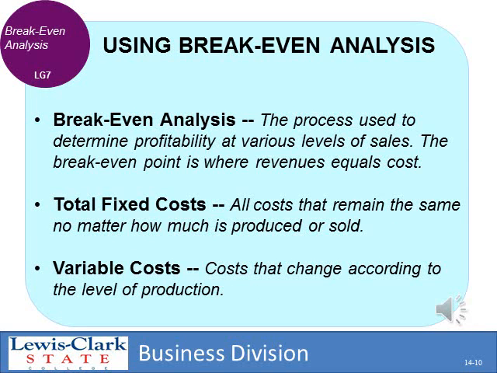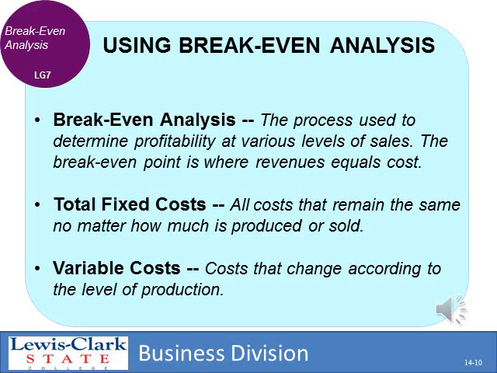Another thing to consider when you're pricing your product is something called a break-even analysis. The break-even analysis tells you how many products you have to sell in order to break even or not lose money. And when thinking about your break-even analysis, you're going to be including your fixed costs and your variable costs. Your fixed costs are how much it costs even if you don't make or sell a certain product, and things like that would be rent and some utilities.